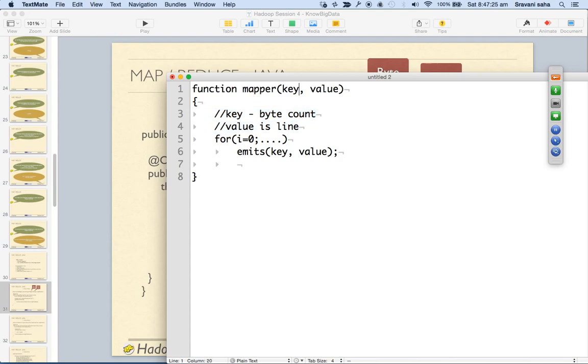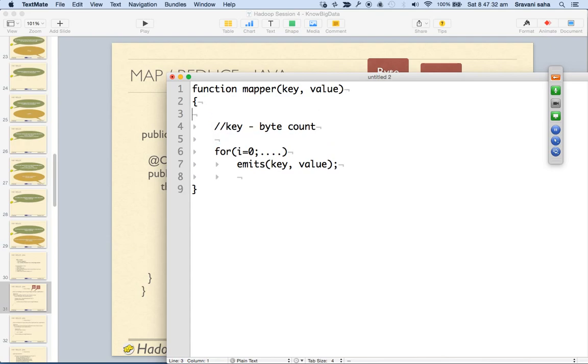So you will get line. This is line as the value. Value is a line. You are getting one line at a time in the mapper, and you are going to do something about this line, and